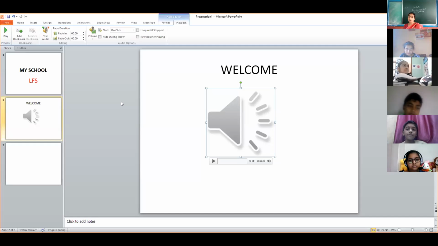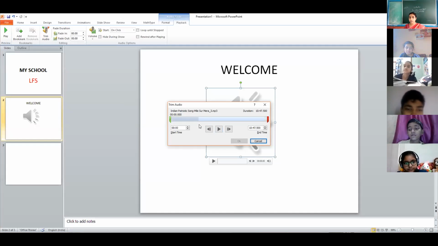Similarly, here also it's not always compulsory that you need the complete audio or your complete song. You want just one para or one line or whatever. So this gives you the option to trim. How will you trim? When you get it here, it will give you the option from the duration, which duration to which duration. You have to just select it and choose it. You can see the timing.